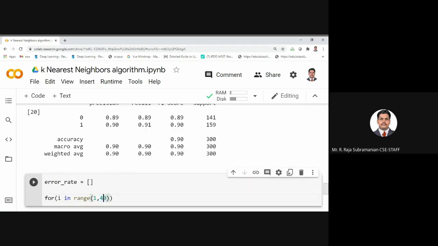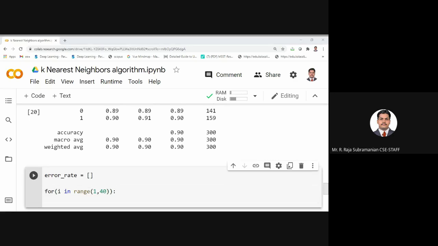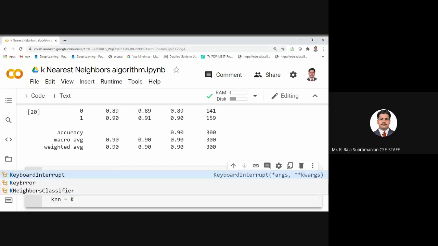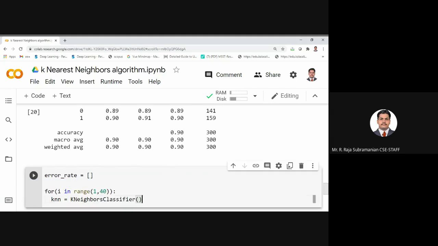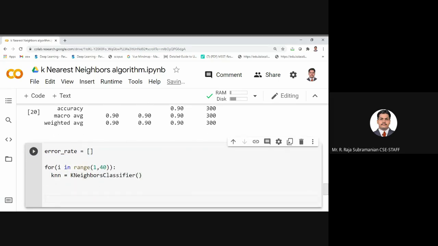So 1 to 39 I'm taking, 40 I'm not taking. So 1 to 39 I'm taking everything. So what I'm going to do is create a k nearest neighbor object. knn is equal to KNeighborsClassifier of,